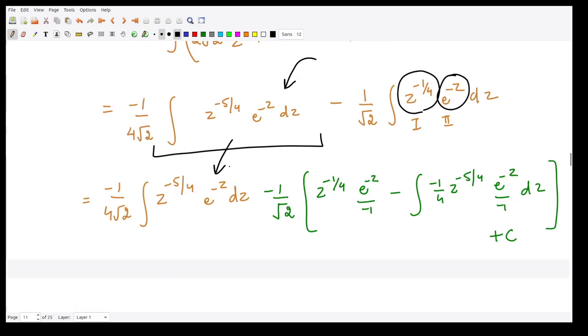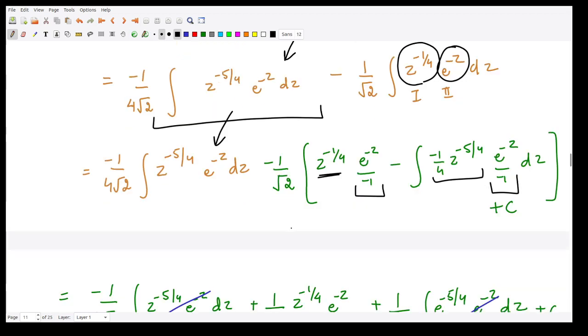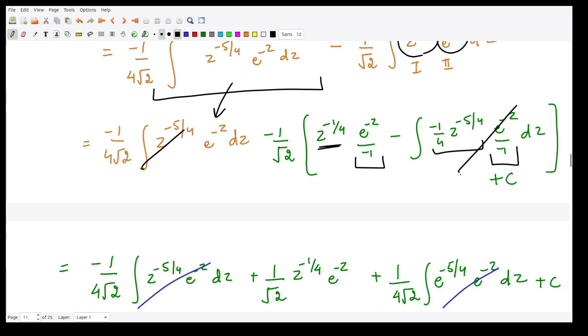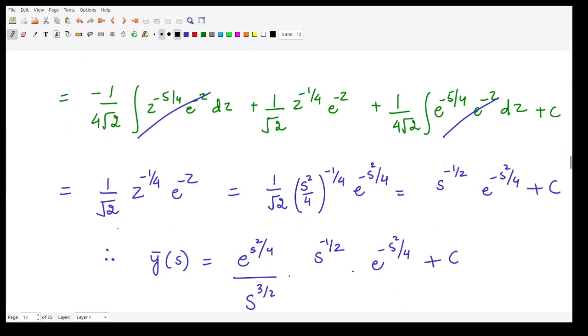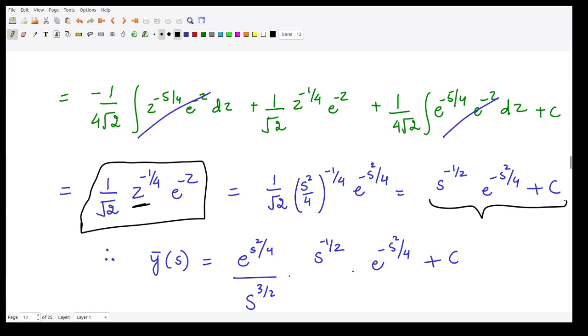You keep this term as such, there is no change, and here the first function as such, integration of second, minus integration of derivative of first, integration of second. So if you look at this carefully, this term cancels with this particular term. How? When you multiply this by 1 by 2, this term is exactly the same term with an opposite sign. So that means we are only left with this particular quantity. So now we can make the substitution back, so that instead of z we can write s square by 4. So our final right hand side becomes equal to this particular quantity.